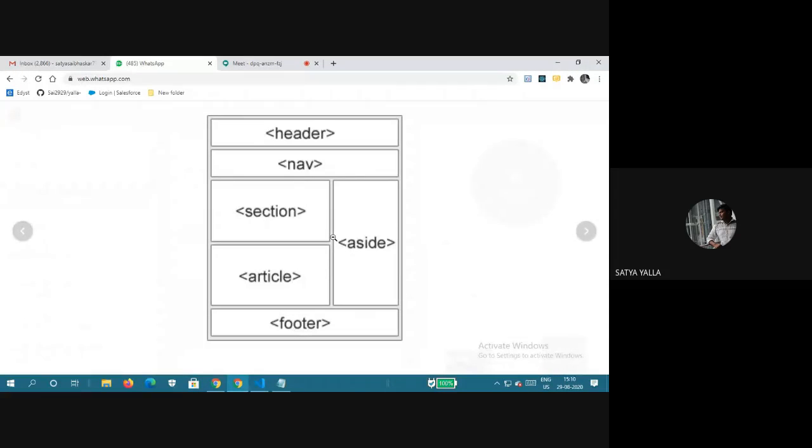It's mentioned very clearly, right? That is the meaning of semantic tags, and we will explain one by one when we move on to Sublime Text. I will explain what is the header, section, aside, article, footer. You just have to draw this diagram.